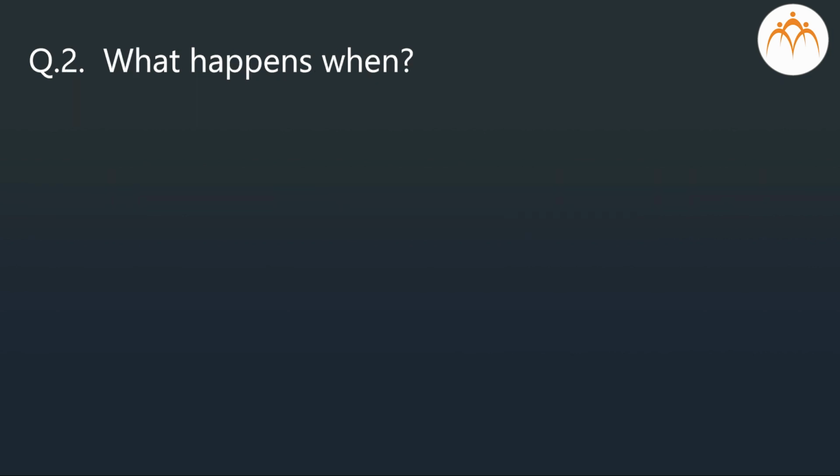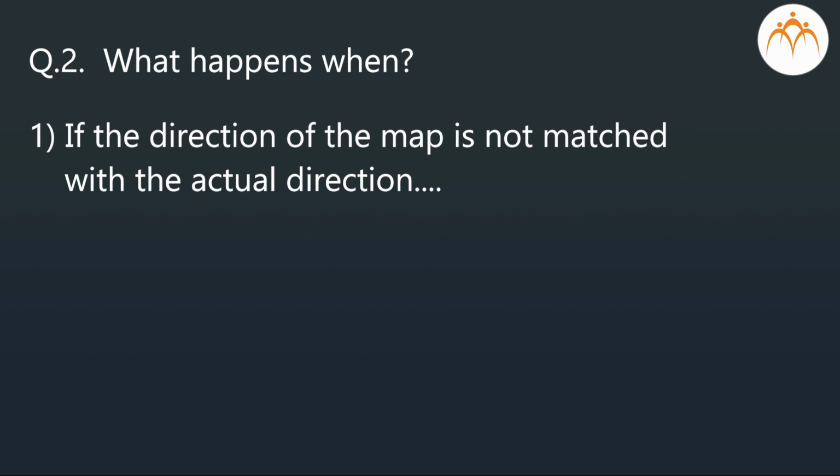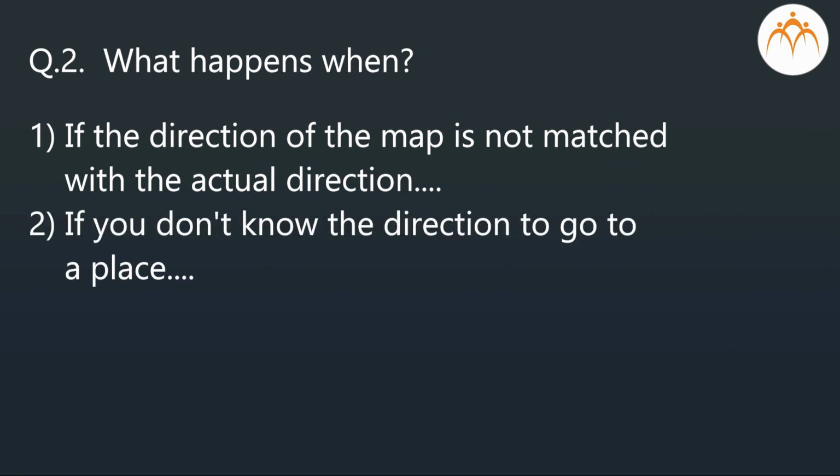What happens when the direction of the map is not matched with the actual direction? If you don't know the direction to go to a place,